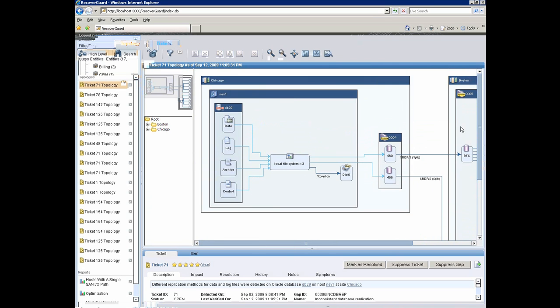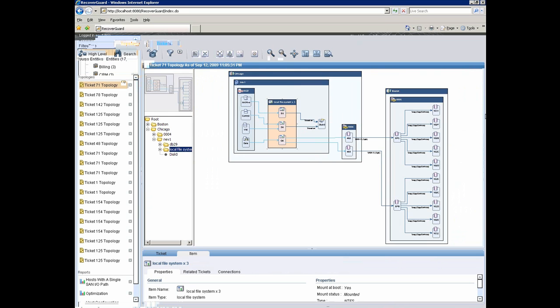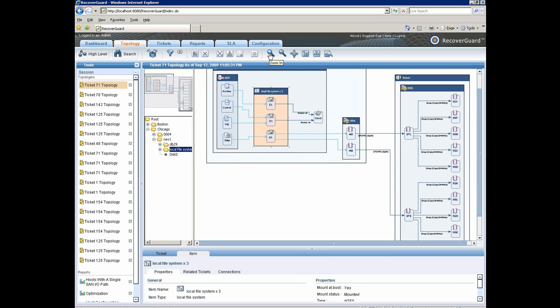I'm just zooming in. As we can see, RecoverGuard can show you the various subcomponents of a database. We have a database instance here, and we can see the placement of various components. It's stored on 3 file systems. It's all neat, but in this case I want to expand it. And so now what we can see clearly is that our database files, I'm just going to highlight those, are